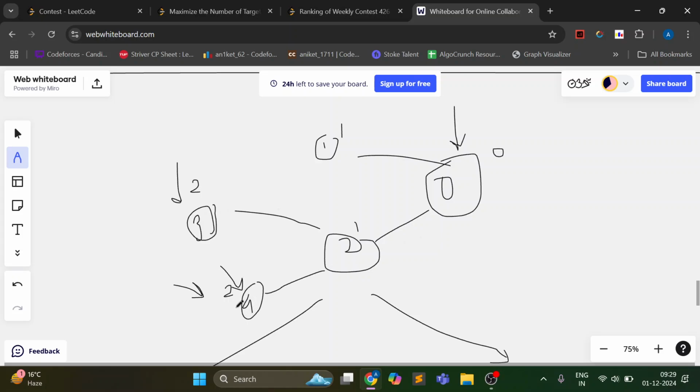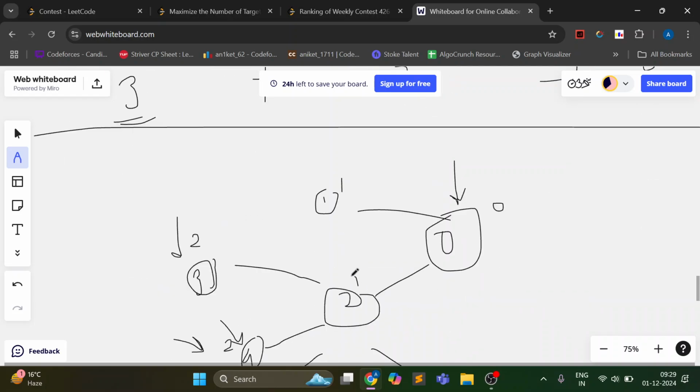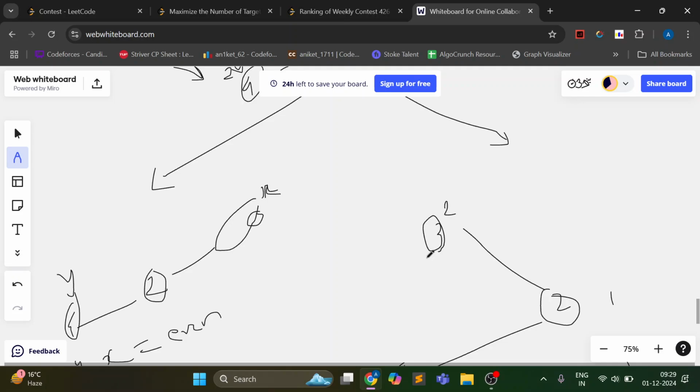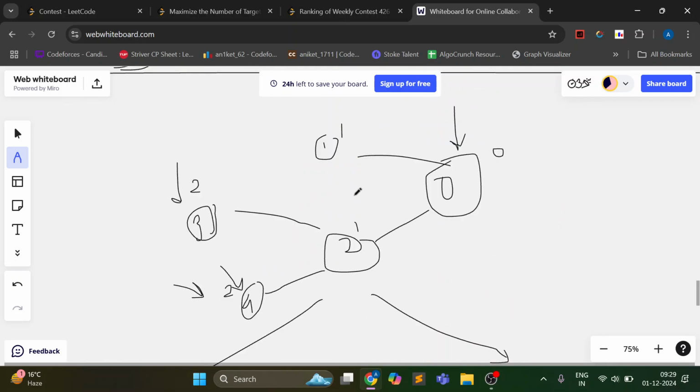So for 4, what are the even number of nodes? Nodes which have even number of levels: 0 and 3. So the total number of nodes would be 3. For 0 itself, the contribution is 3. Now if we have to find for odd, we can extend this idea to find the number of edges